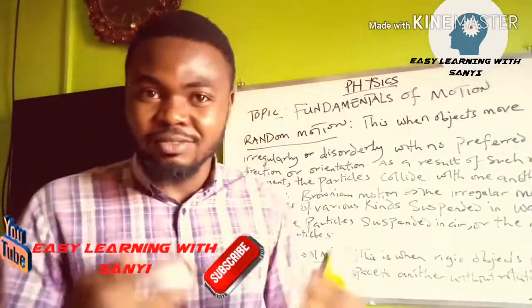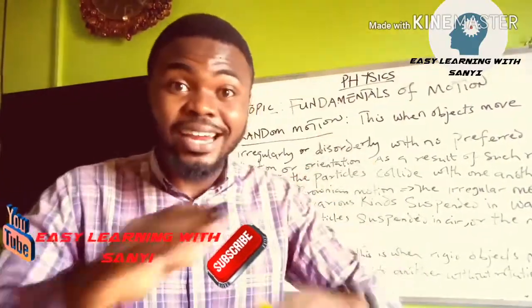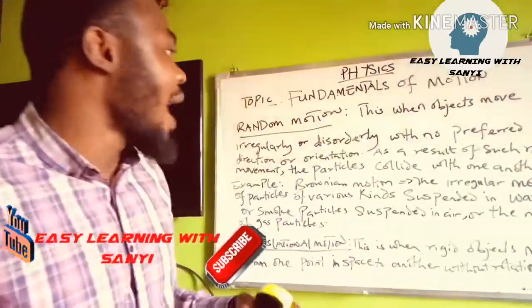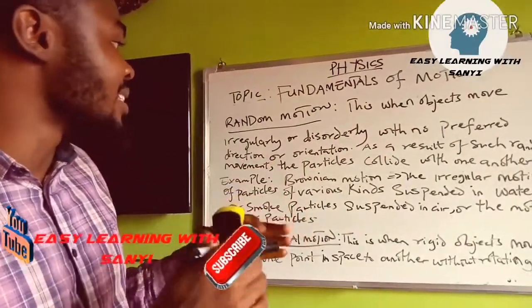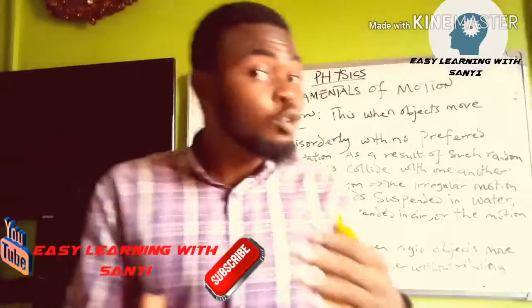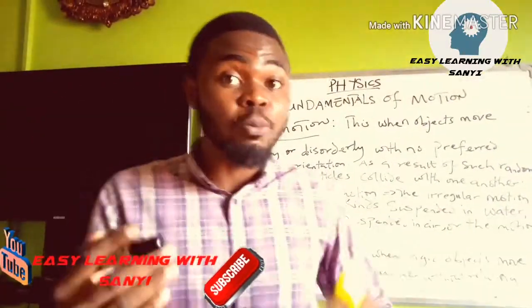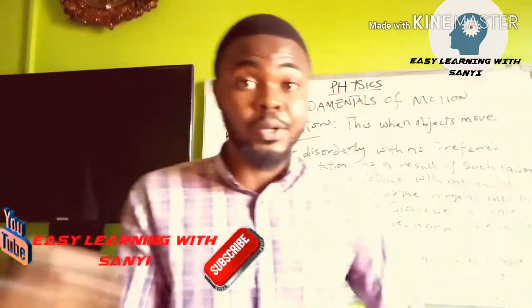They don't know where they are going to. They are going to be confused. So their movement is random. That's what we call random motion. Now, as a result of such random movement, the particles collide with one another. If those 50 men are in that dark room and they are moving, as a result of the random motion, those men may collide with one another.